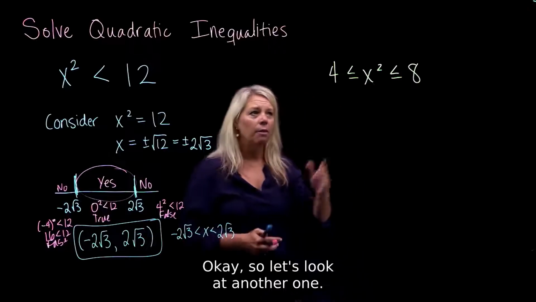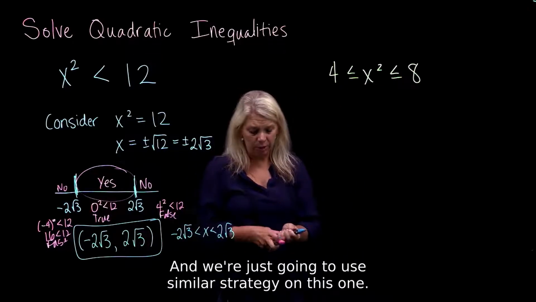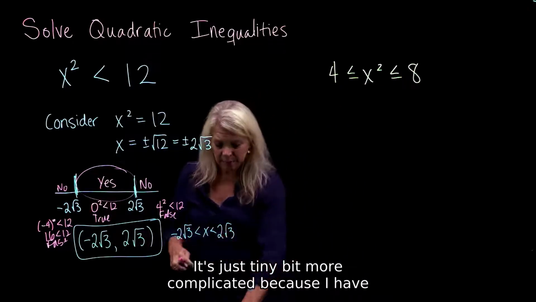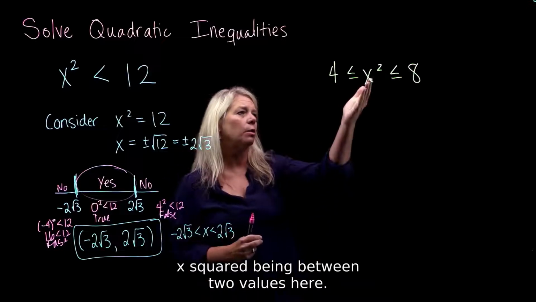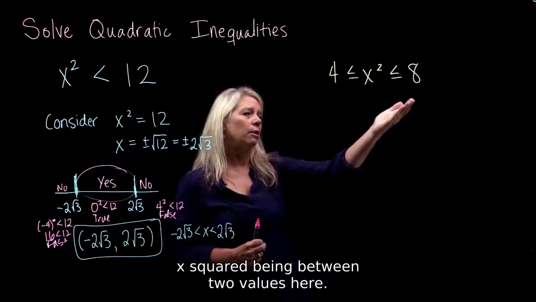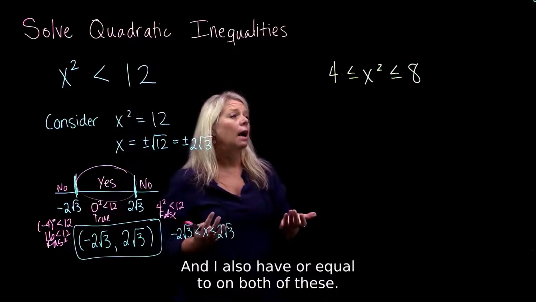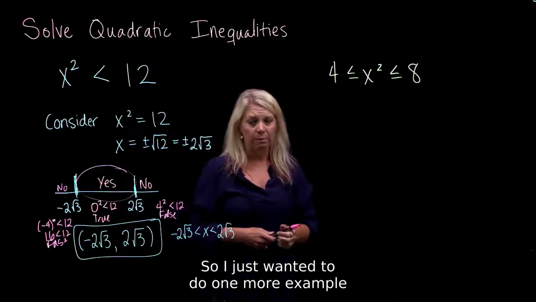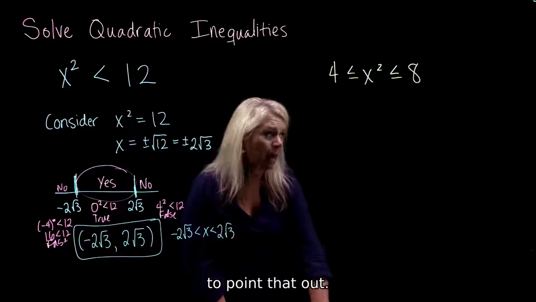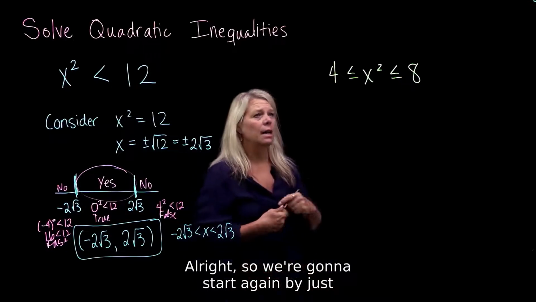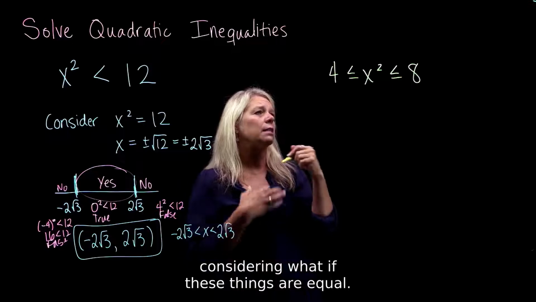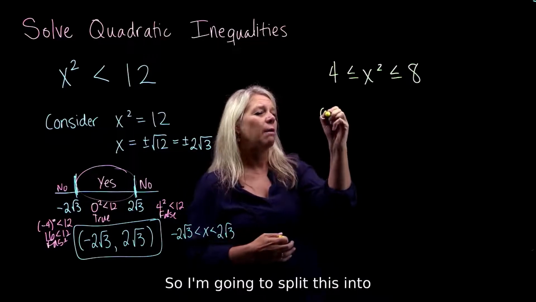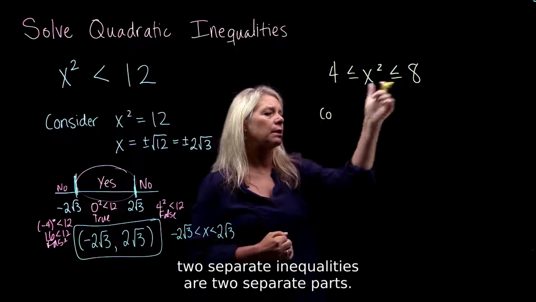Okay, so let's look at another one, and we're just going to use a similar strategy on this one. It's just a tiny bit more complicated because I have x squared being between two values here. And I also have or equal to on both of these. So I just wanted to do one more example to point that out. All right, so we're going to start again by just considering what if these things are equal. So I'm going to split this really into two separate inequalities,